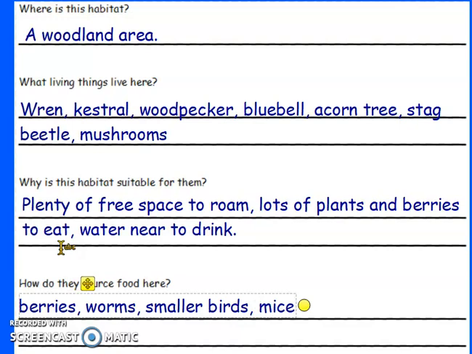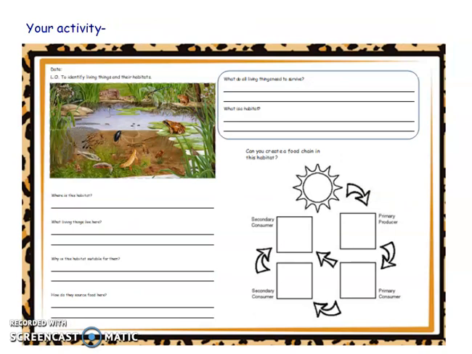Okay, so that's given you an example of how to do your activity. Your sheet looks like this. Have a look at it in your pack. Once you've answered the questions, see if you can make a food chain from the picture. If you need any help, you can email me at our Year 4 email address. In these boxes here